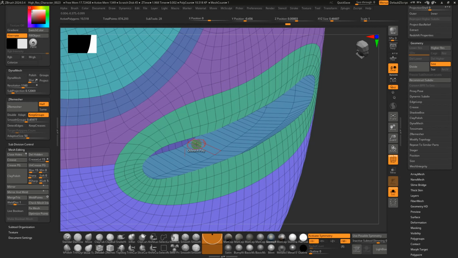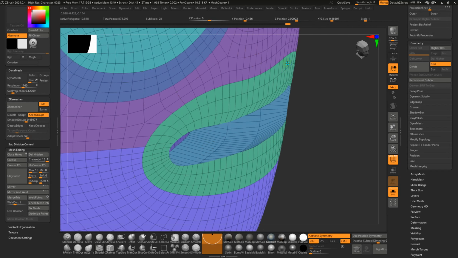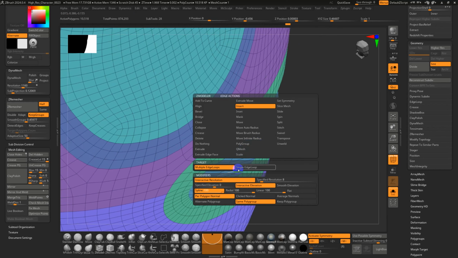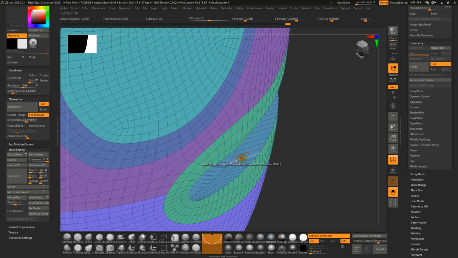I've seen people do this where they take a sphere and squash it into the shape they want, then overlap it and do either a Dynamesh where it cuts it out and creates the cavity, or they use Booleans. I prefer this method because I feel like it's a little bit more precise. I'm going to add one more loop here. So I'm just going to go back to single loop, and I'll show you why,